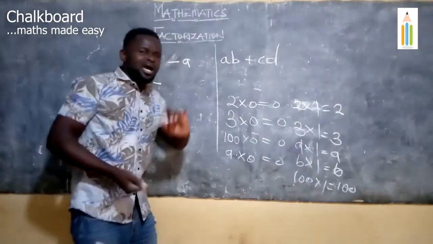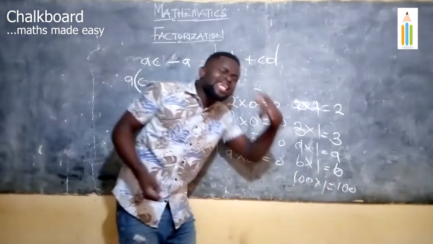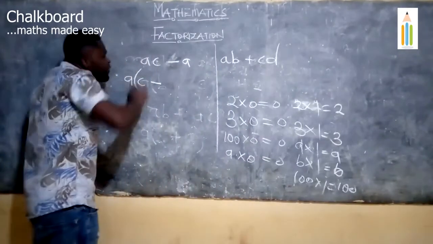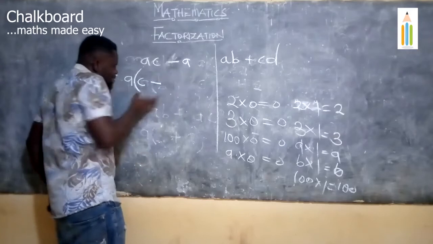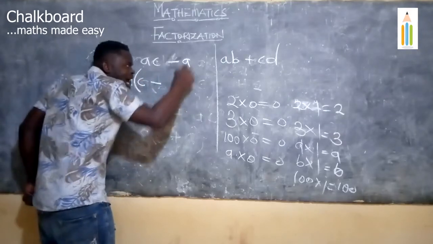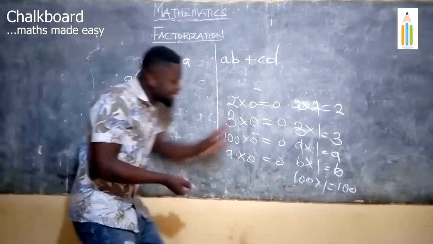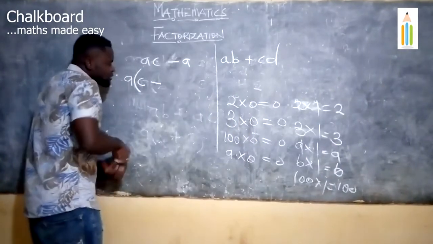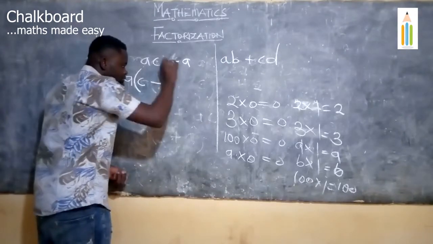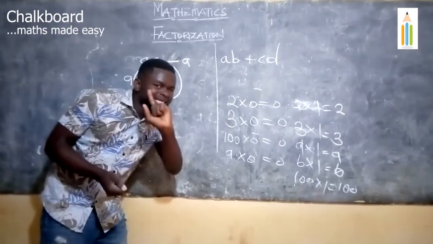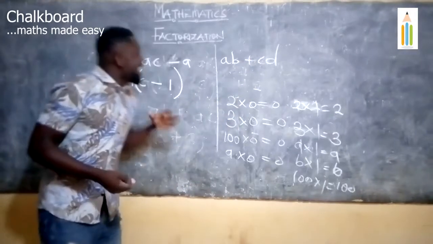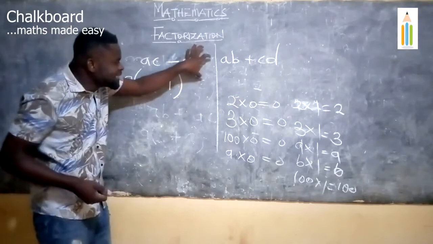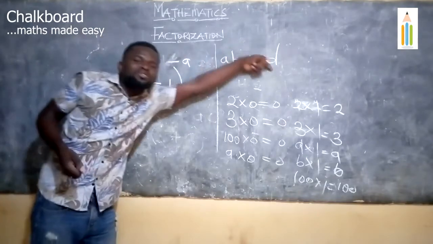So it tells us that any number I multiply by 1 gives me back the number. So now, I want a number that will come here, that if I multiply this A with that number, I'm going to get back to this. And from here, we have it that A times 1 gives us what? A. So 1 comes here. It is also telling us that anytime we factorize and everything in one term comes out, 1 will be left over there.